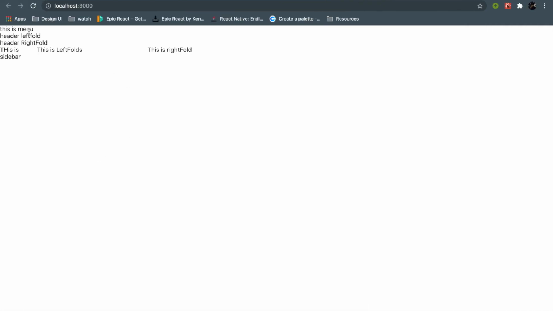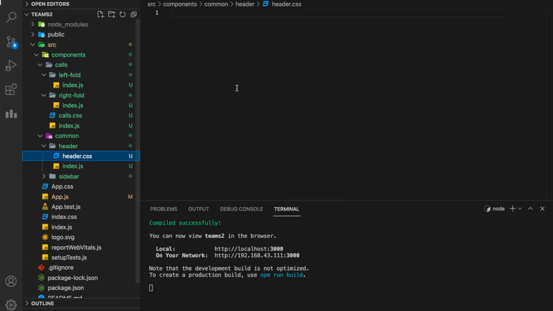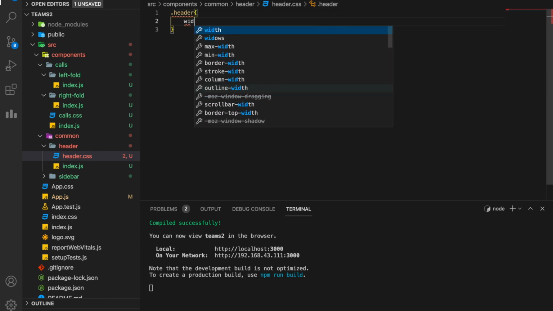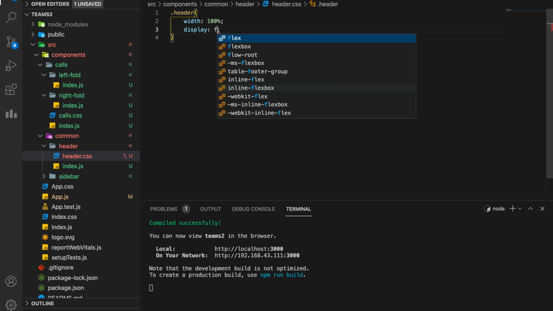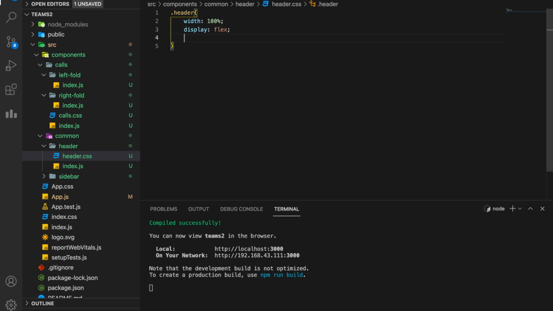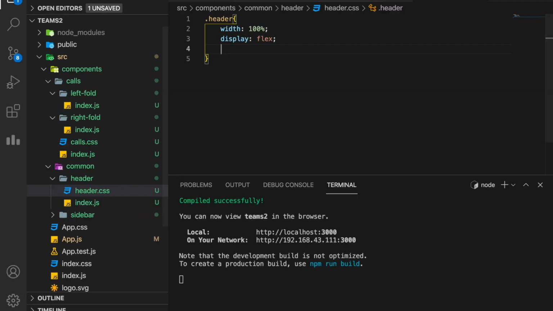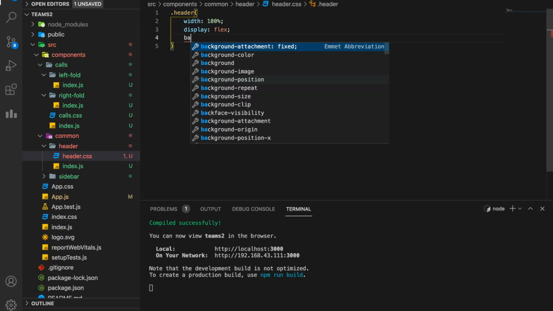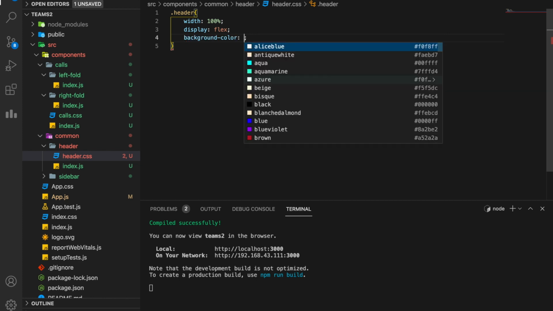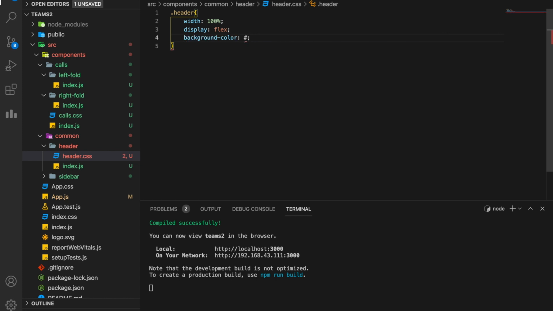Now I'll style these things. If you see, it looks like this, all three are stacked. So we will style. First of all, we will go to our CSS. Now that it is imported, the parent component should have a width of 100%, which is very important. Then let's give it a display property of flex. Again, I am emphasizing that if you don't know flex, please read up on it so that you can use it better. I think this much zoom is good, you can see everything. Now Teams has a background color, a hex code, 464775.